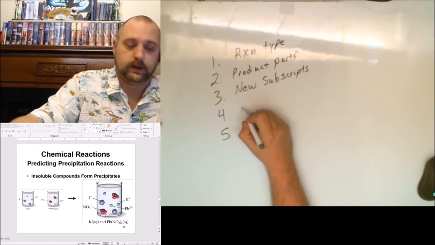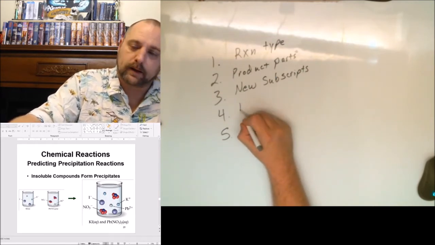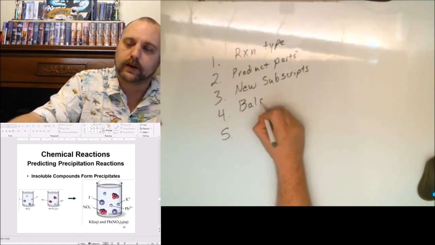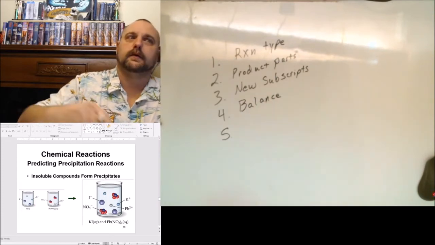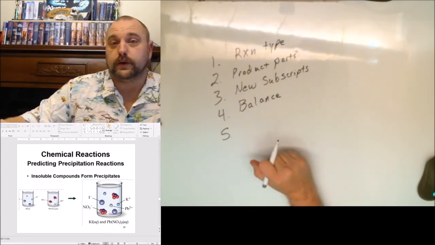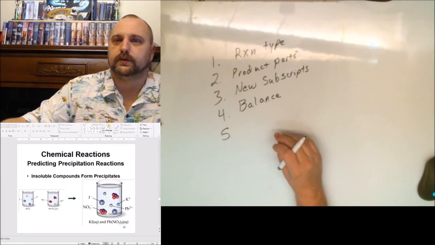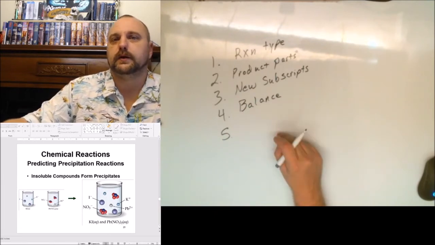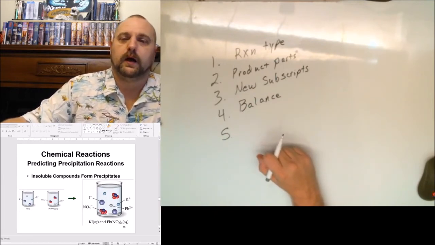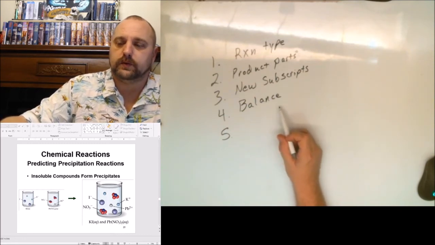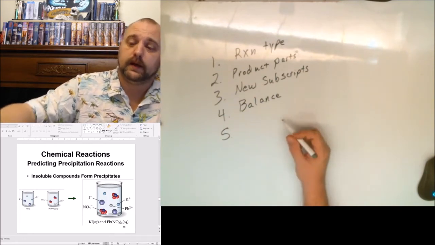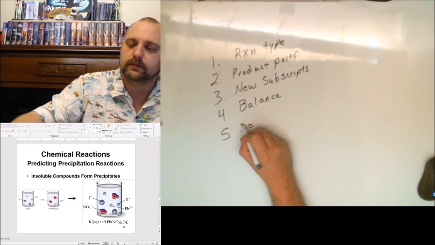Step 4 then will be to go ahead and balance your reaction. And so here you're working on the coefficients, and you're just going to make sure you have the same amount of each element on both sides. Alright, so don't change the subscripts as part of balancing. And then finally you'll look at solubilities,